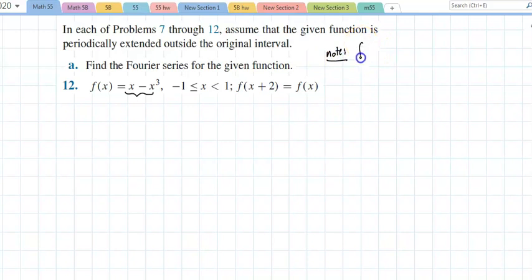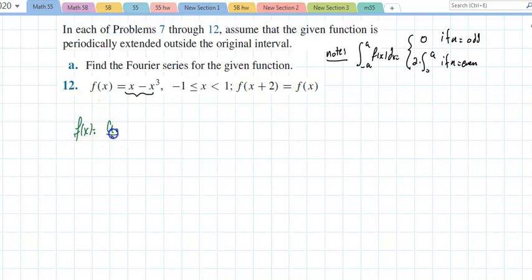Let me see if I can remember this from calculus. If I integrate from negative a to positive a of f of x dx, do you remember that it would be 0 if f is an odd function, and it'll be twice the integral from 0 to a if f is an even function? Right? So that could save me a lot of time. I'm going to start by finding, well, let's see, f of x is a sub 0 over 2